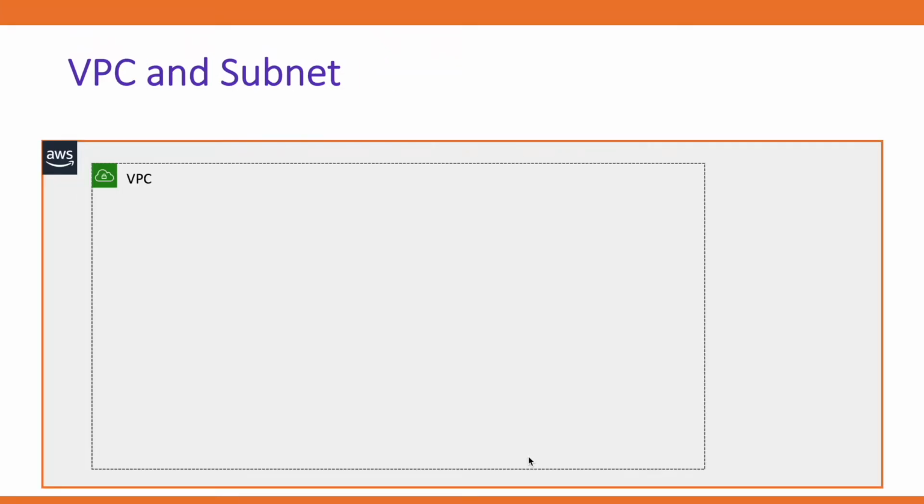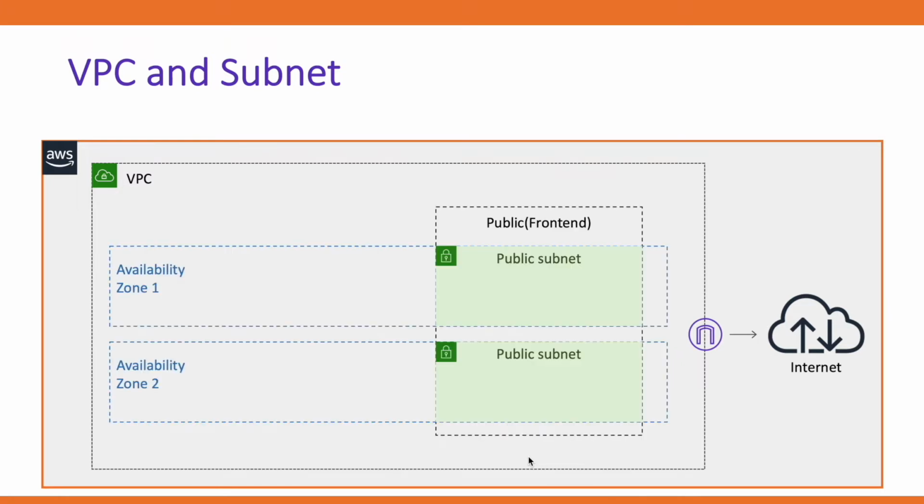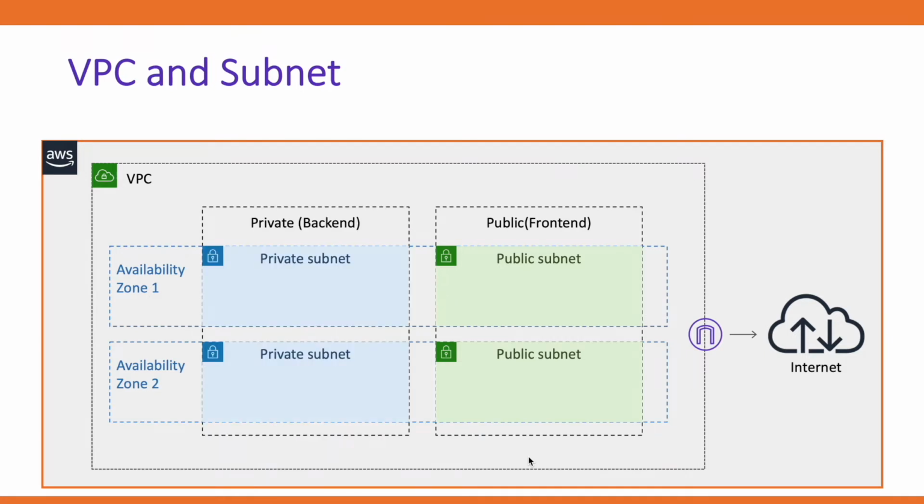Now the next point that we have to discuss is how we connect to the internet. An internet gateway enables the resources in the subnet to connect to the internet. We have to associate our VPC to the internet gateway. We can create two types of subnet inside a VPC: a public subnet that is connected to the internet via the internet gateway, and a private subnet which is not